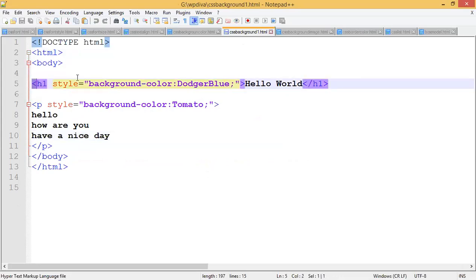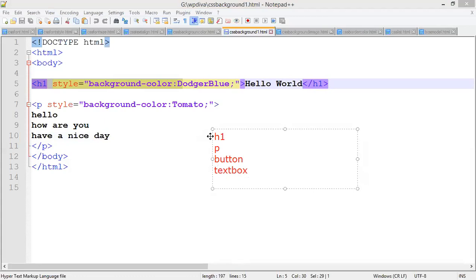So you can apply backgrounds to any element. As I told you, you can apply background colors for H1, for a paragraph, for a button, for a text box. You can apply it anywhere. One advantage of CSS is that you can apply the set of properties anytime and anywhere. Now I'm telling you one more example for background color, guys. You can refer to this example in the exam. Even if you feel it is a small one, you will also get marks for this.